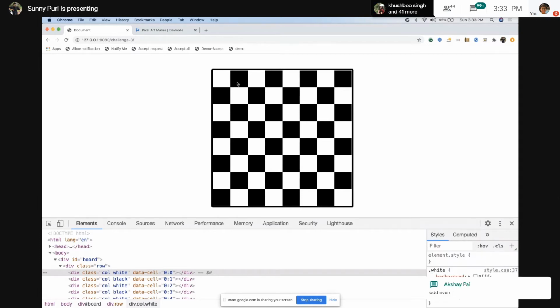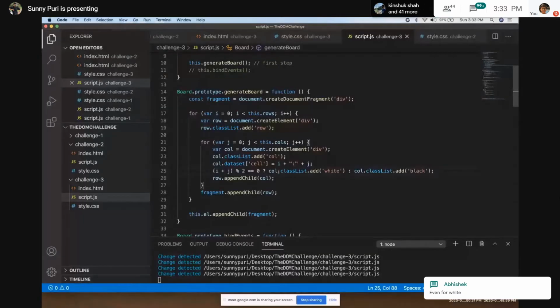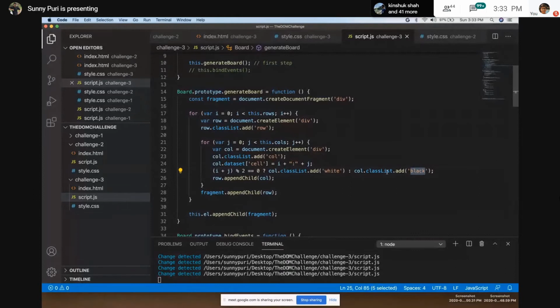Okay, so what is the logic? If it is odd, put black. If it is even, put white. So simple logic. I have seen people have added if else. That is also fine. Even for white, odd for black. You can do it like this. So what I'm doing, I'm just adding the row and column, modulo by 2.